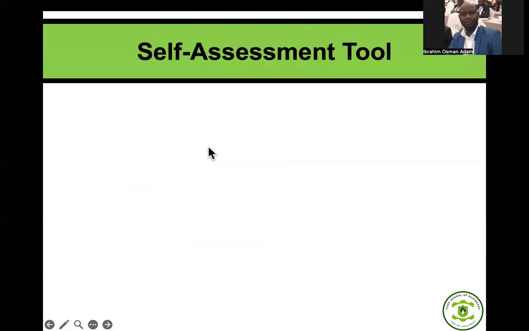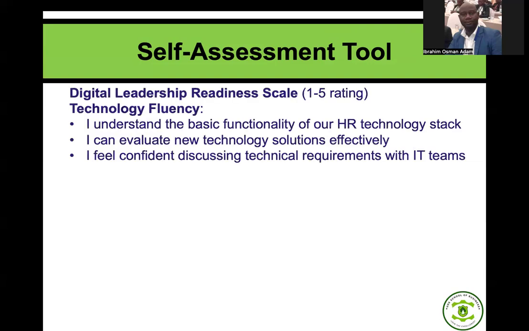Okay. Now, the next thing I want us to do, this is very practical, and it would have been easier to do if we were having a face-to-face session. I call it the self-assessment tool. Now, this self-assessment tool, you can even do it later when you get the slides. You need to complete this assessment in an honest manner. Maybe you can do it. Let's try and do it. What basically you are going to do is you are going to rate yourself on a scale of 1 to 5 for each statement we are going to list. So get your pen or your calculator carefully, because you are going to be listing some numbers, and then at the end we'll see how you score.